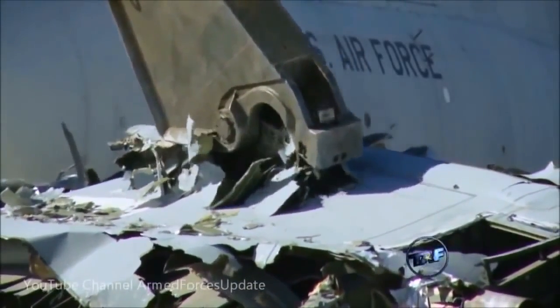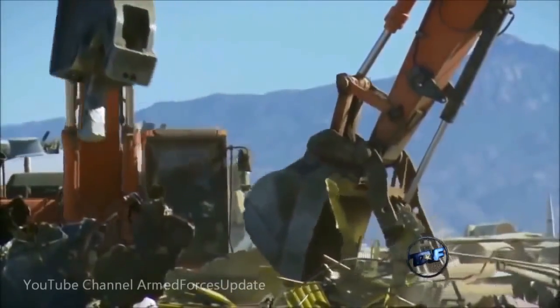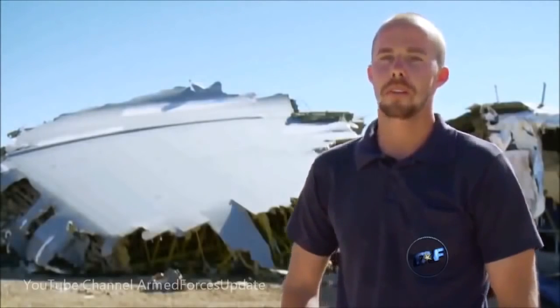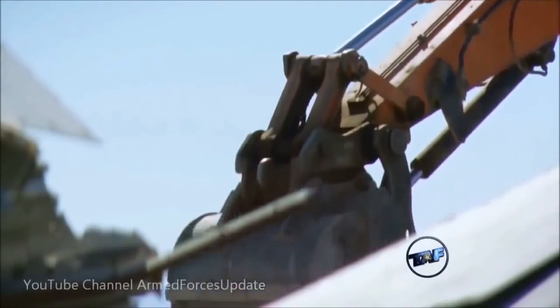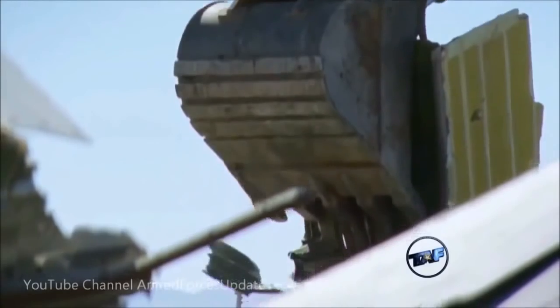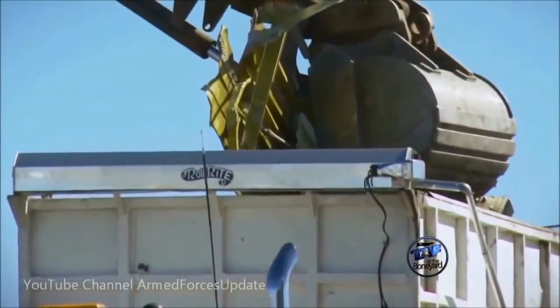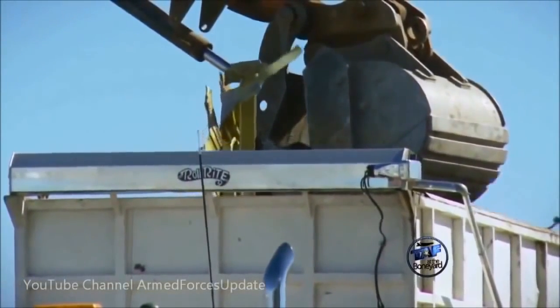Right here, the C-5 takes about four days of work to cut down and to process. What we do is we shred it down and then we just ship it to refineries. And I just cut it into areas that I feel like would be easiest for me to handle. I just break it. Throughout this special edition of today's Air Force, we